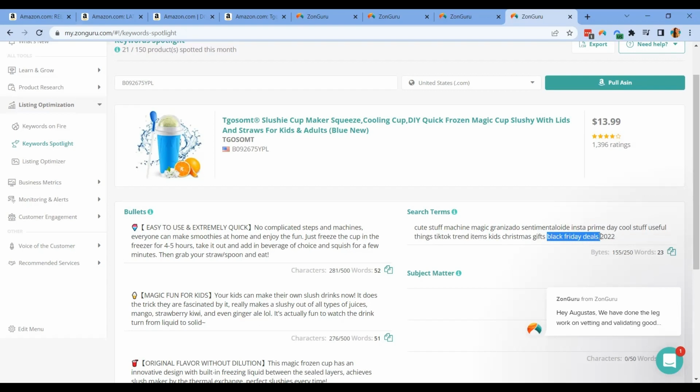Alright, so if you're running ads on a certain Amazon sale, then you can definitely add that here in your search term. For example, this is a perfect example that the seller was able to target it during the Prime Day. So this product will be ranking higher because this product is visible during the Prime Day, as well as Christmas gifts and Black Friday deals 2022.